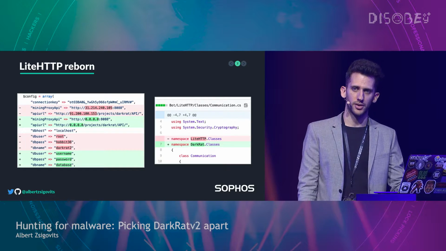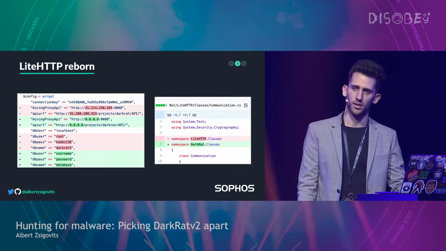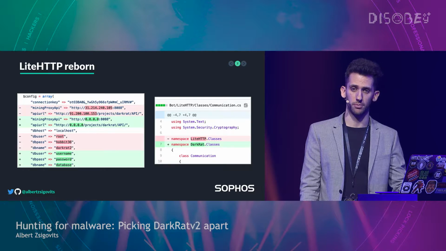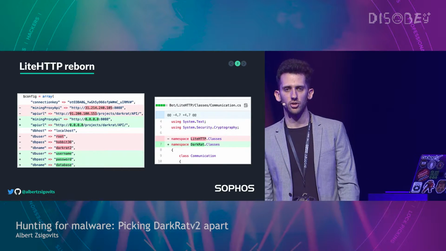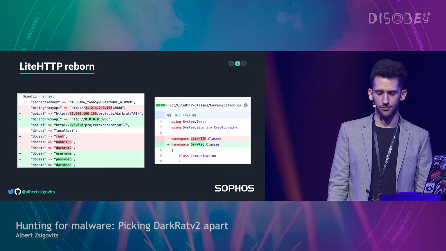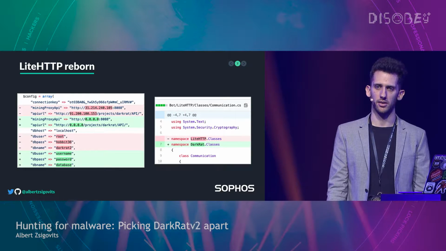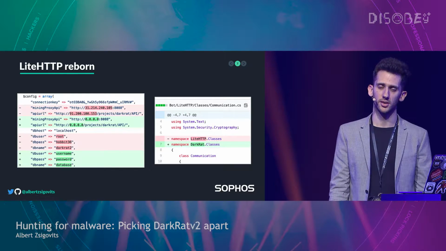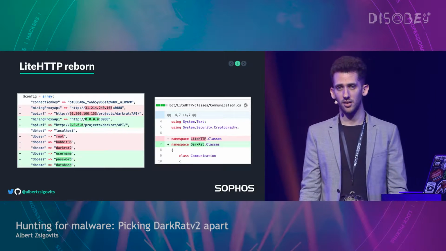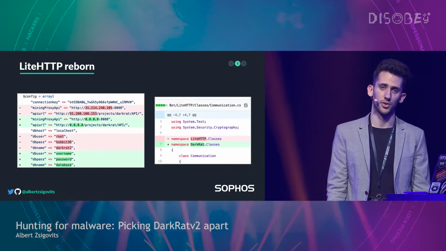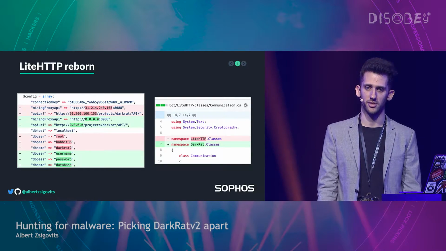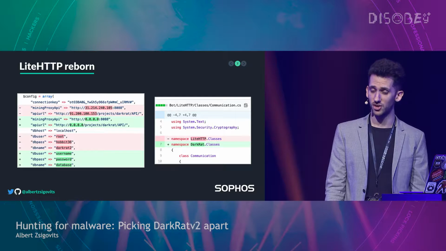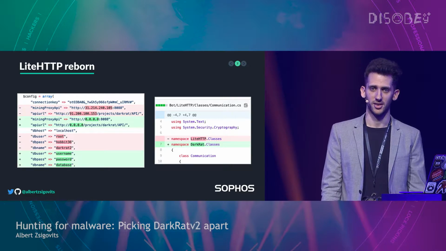So one of the sources for this malware was the LightHTTP malware, which is an HTTP botnet. And once I started digging further down into the origins of this malware, it became clear that the guy took a lot of inspiration from these previous works. And basically, as you can see, that's how the first version of DarkRAT came to be. The guy just went and changed some parameters, renamed some classes and functions, and that's how the first version came to be, which is, honestly, a bit lame.